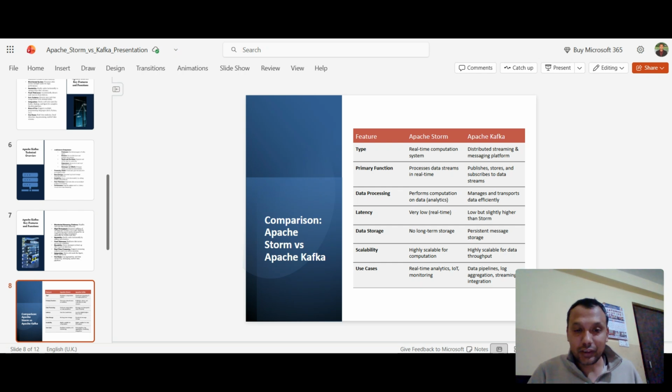In this slide, we compare Apache Storm and Apache Kafka in features like primary functions, data processing, latency, data storage, scalability, and use cases. The latency of Apache Storm is very low, lower than Apache Kafka,